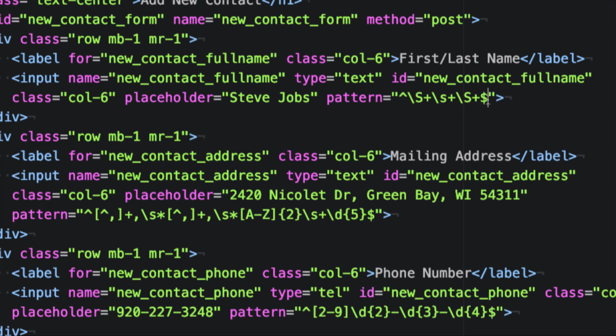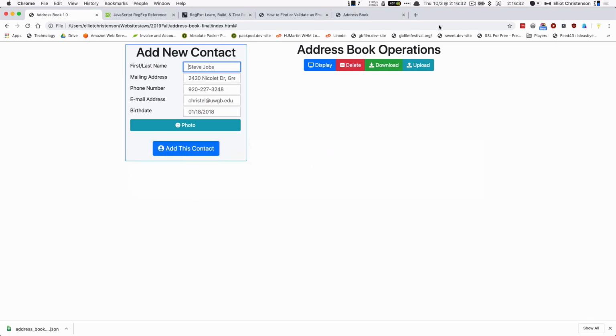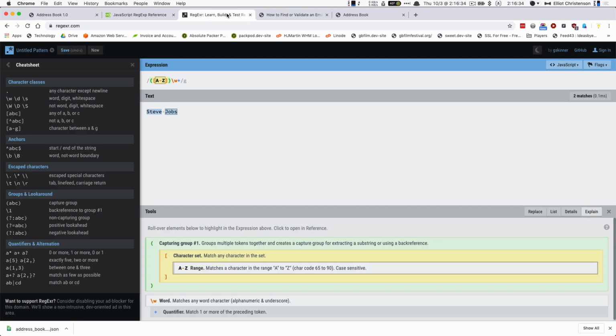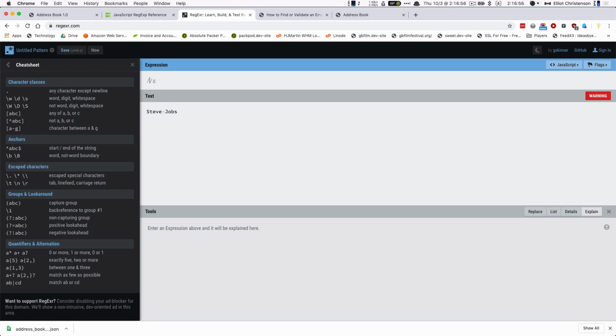Okay. So I'm going to flip over to this. So on regxr.com is a site where you can plug in all these different regular expressions. There's a little cheat sheet here that shows you all the different things you can type in here, and you can punch in, like I typed in Steve Jobs here, and you can type in what you want to try as your